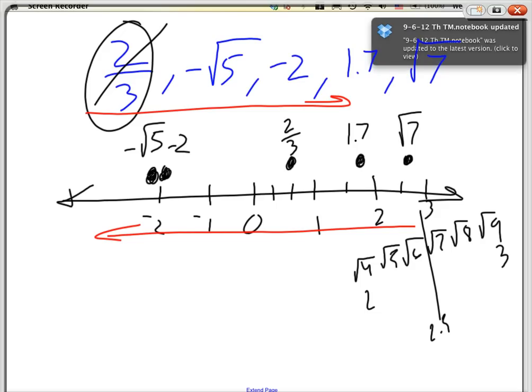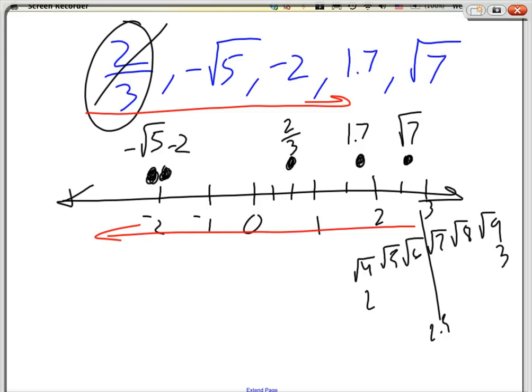Wouldn't it be easier just doing least to greatest, just like writing it? Or no? But notice that as you put your point on the number line, it's automatically sorted. See it? It's automatically sorted. Okay? It's a strategy, guys. You might have a different way to do it, but this is a good way to do it. Okay? Any questions so far on how to work this out? We're good? Okay.